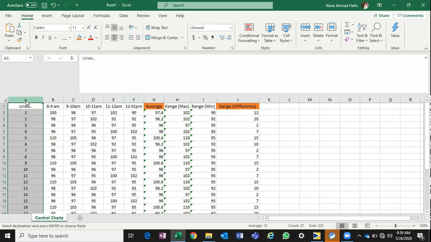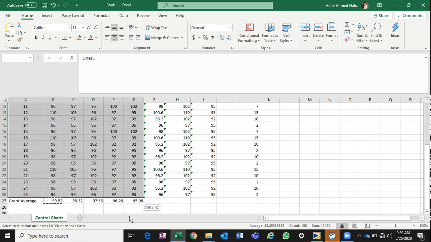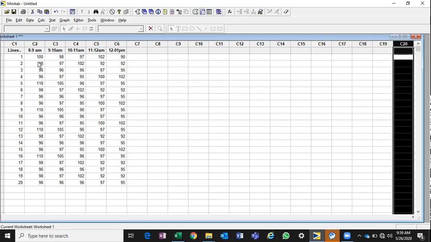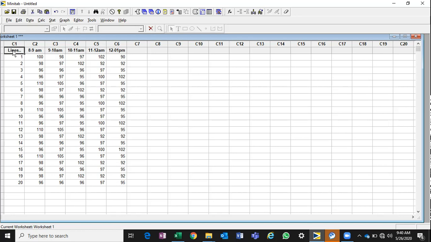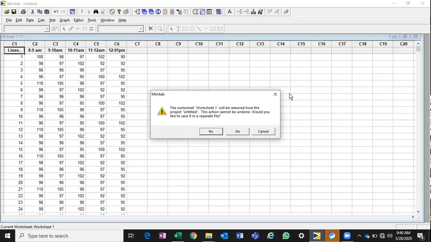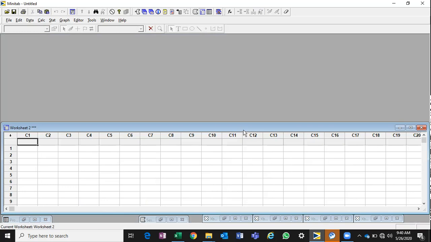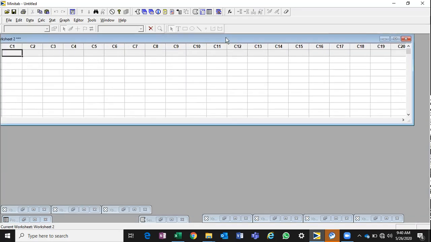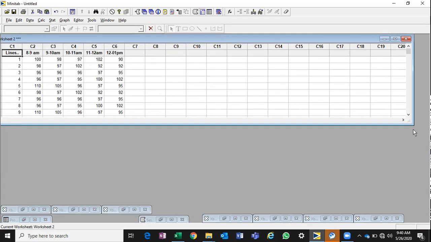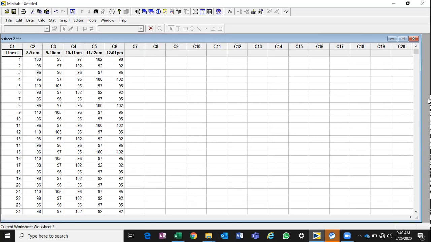So I'm selecting these values and pasting them. It's already pasted here, so let me paste it one more time. Just copy and paste, so these values have been copy pasted.